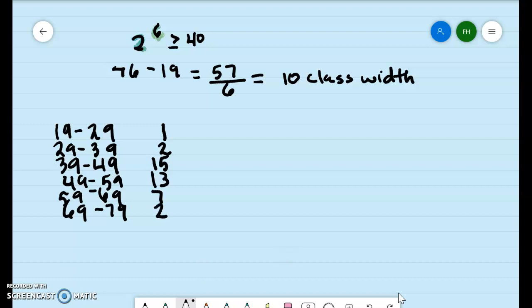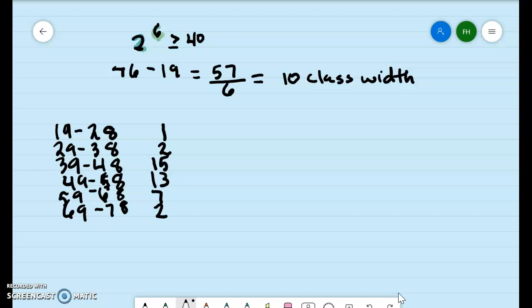And this probably needs to be 8. So we don't have any that are repeated. Okay, so there are my